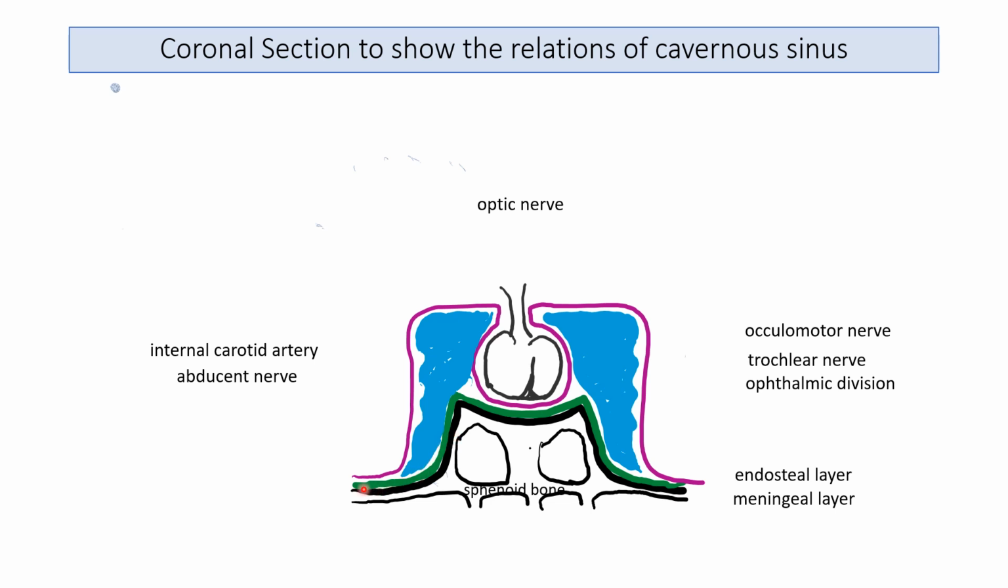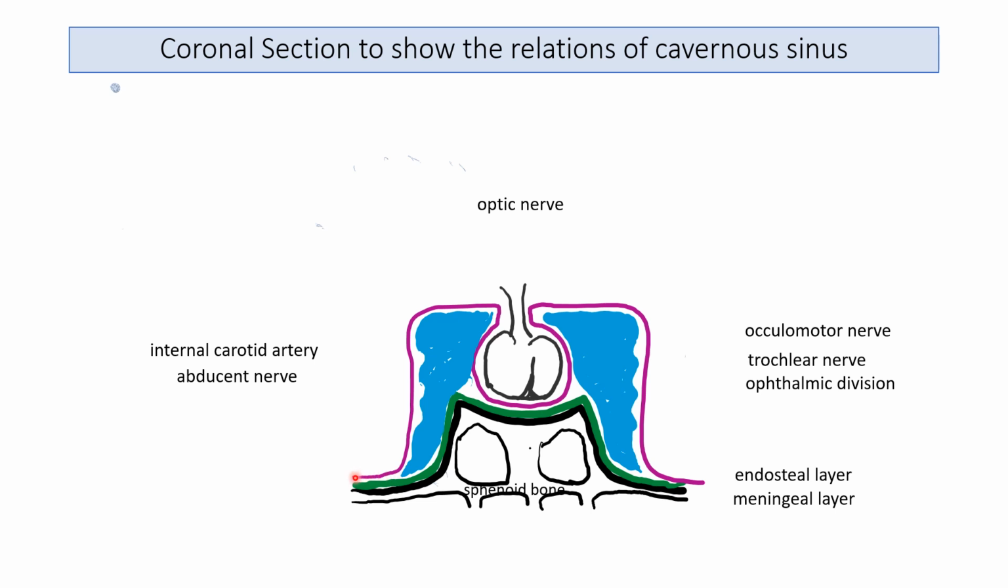Here the green layer is called the endosteal layer of dura. It is adherent to the sphenoid bone completely. As I have told you, the endosteal layer of dura is firmly adherent, and this adherence is more on the cranial base than the vault of the skull. So it is firmly adherent to the bone, whereas this purple layer is the meningeal layer of dura, which is adherent or